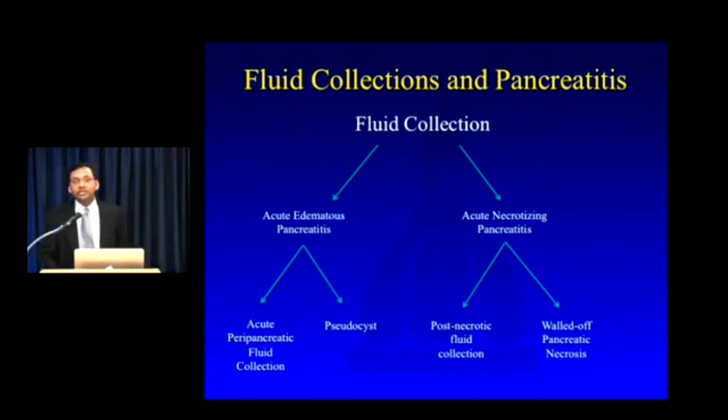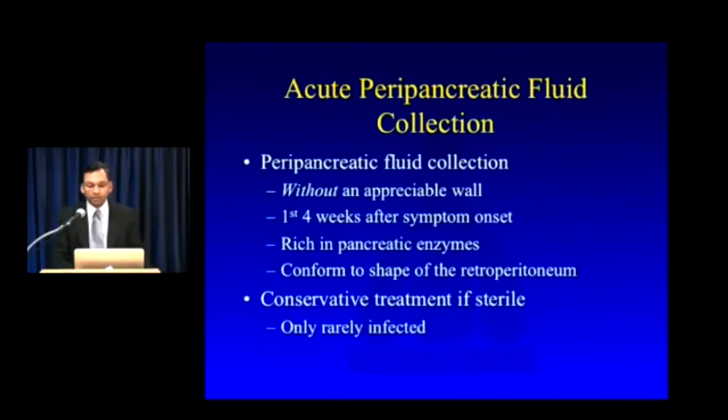On the other hand, in a patient with necrotizing pancreatitis, a collection in the first 4 weeks that's ill-defined and not yet completely loculated is a post-necrotic fluid collection. And as that collection evolves and becomes loculated after 4 weeks, then the term you're going to use is walled-off necrosis. Now, in edematous pancreatitis, collections in the first 4 weeks, we're going to use the term acute peripancreatic fluid